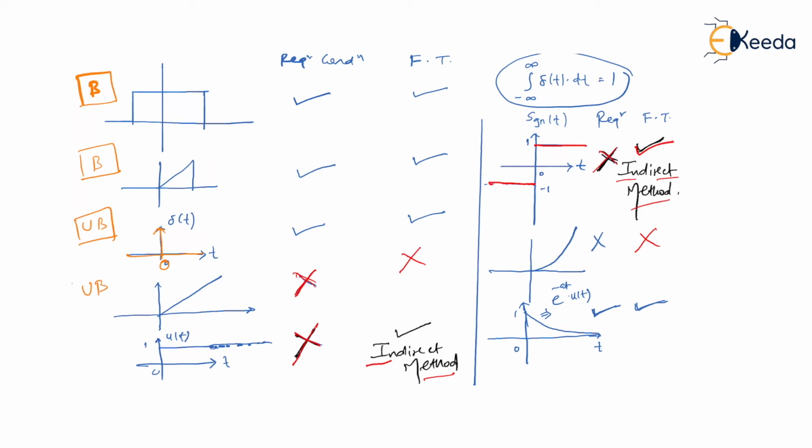Next, this is also unbounded. Why unbounded? Because this is approaching infinity. What about u of t? This is 100% bounded. What about the signum function? This is also bounded, because the maximum amplitude you will see is +1 and the minimum amplitude is -1, and that's it. In fact, only two amplitudes are possible, 1 and -1. A third amplitude is also possible at t equal to 0, since the signum function is 0 there, but that's not the point of our discussion. Bottom line, the signum function is bounded for sure.